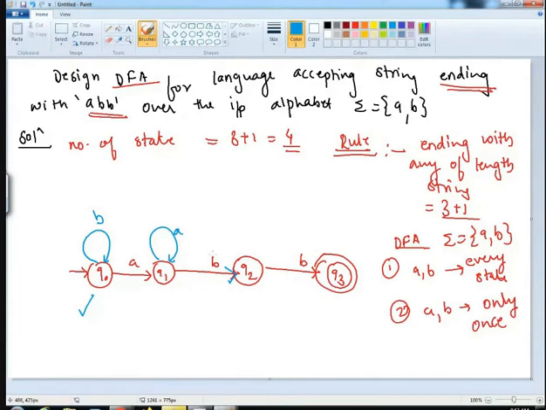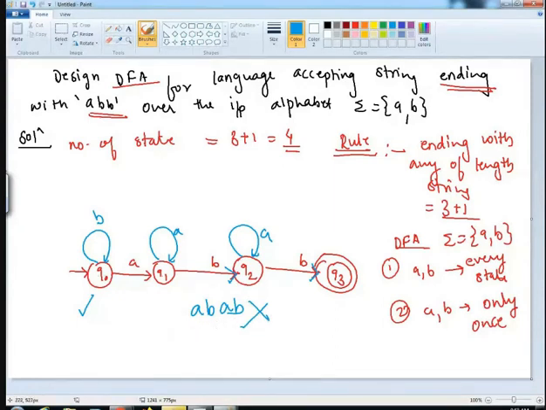Now when you proceed further to Q2 state, already B is being used. We need to make use of A now at Q2 state. So can I give a self loop here? Let's see. If I give a self loop and if I give this particular machine an input as A, B, A, B, actually it should not go to accepted state because this is not ending with ABB.